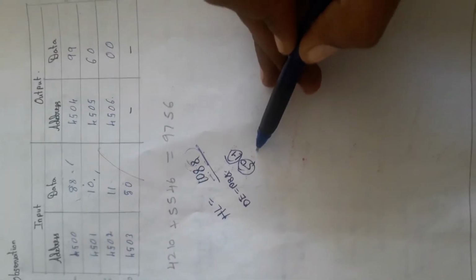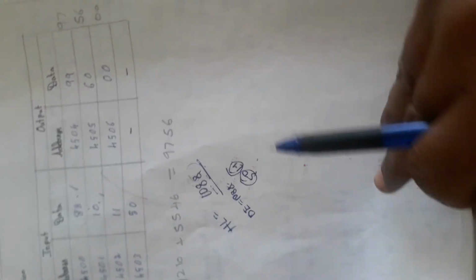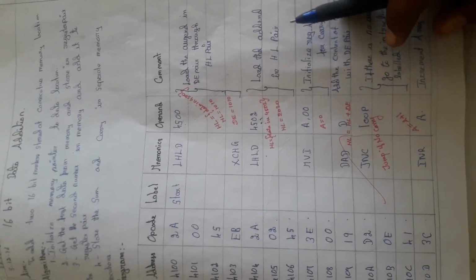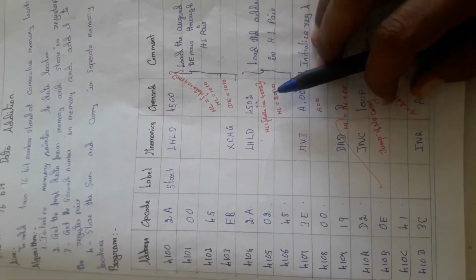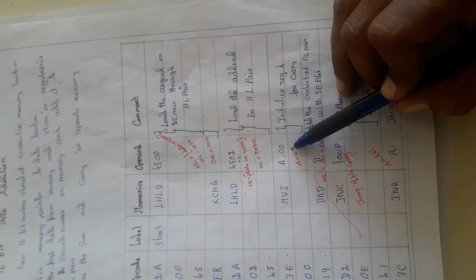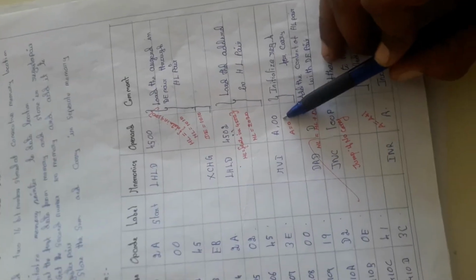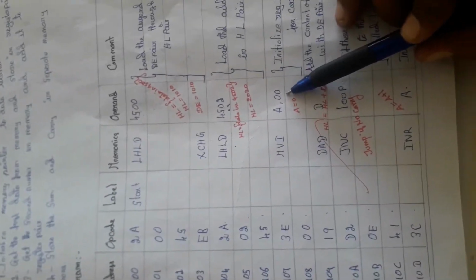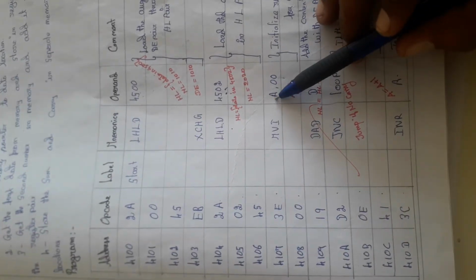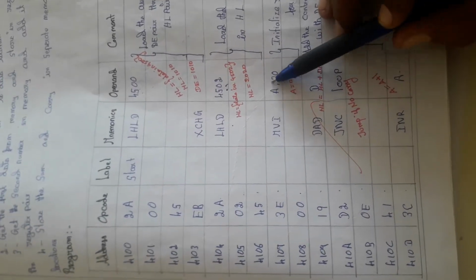The lower 8 bits are loaded in the L register and the higher 8 bits, 50, are loaded in the H register. Now DE contains 1088 and the HL register pair contains 5011. So these are the two 16-bit data we are going to add. Now we have received two 16-bit data, and then we initialize the accumulator to 0 to store the carry.